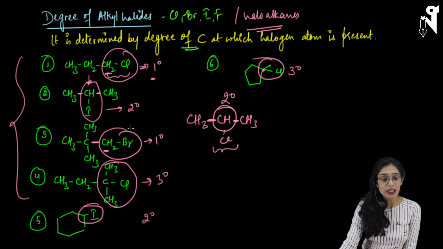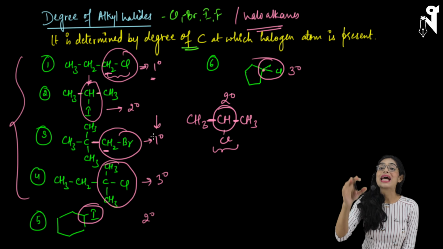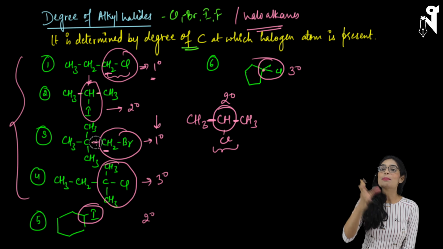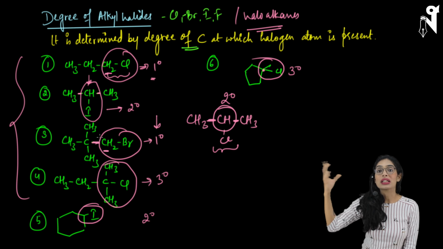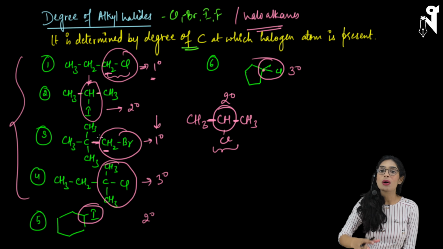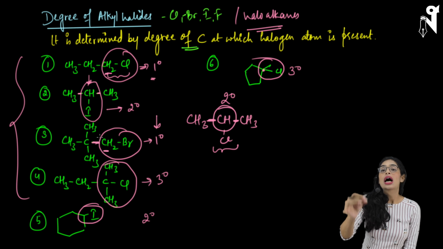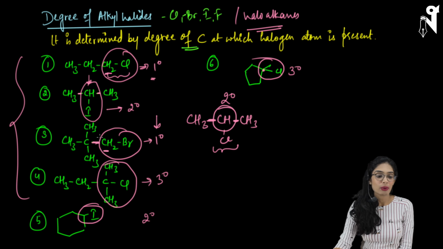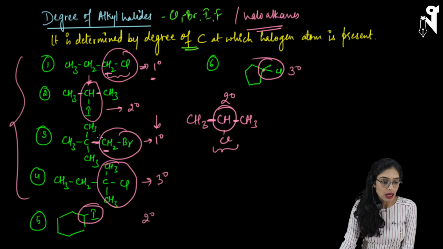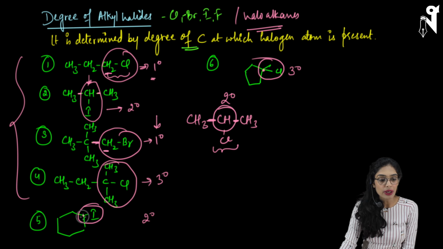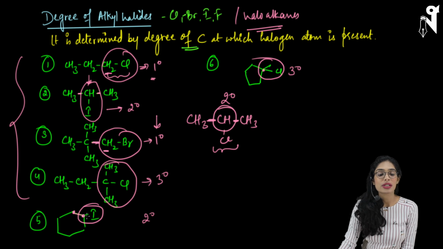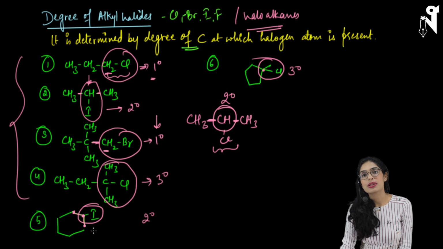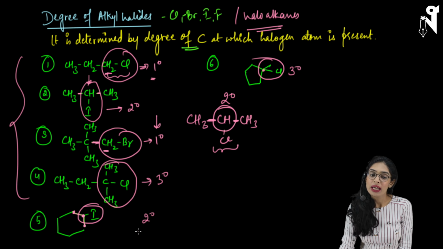Okay, so we are basically going to check how many carbons it is directly connected to, or how many bonds are basically connected to carbon. We are not going to deal with what other groups are present. We are just talking about how many bonds are linked with carbon. That's all. So in this case, this is the carbon, and this carbon is linked to one carbon over here and one carbon over here, so basically two carbons it is linked to, and hence the degree is going to be secondary, and the haloalkane's degree or alkyl halide degree is also going to be secondary.